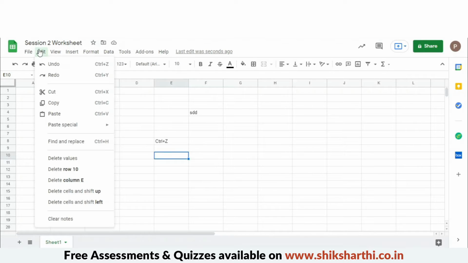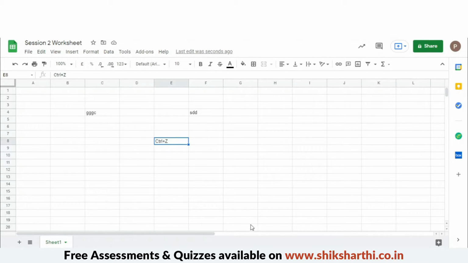That's it. Next, if you press Ctrl X, it cuts the value, and if you press Ctrl V, it pastes the value elsewhere.